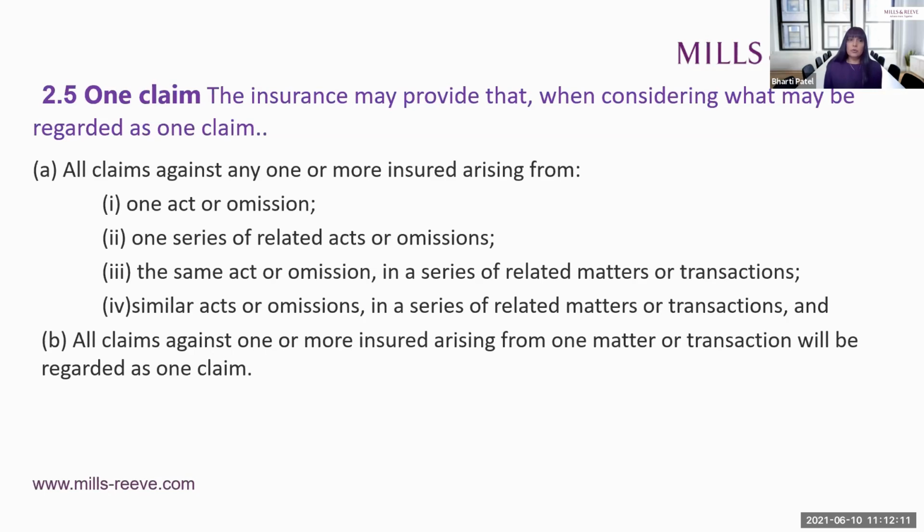So turning to limb 4, similar acts or omissions in a series of related matters or transactions. And that's probably the scenario we come up against the most. And as I said, it's that last bit, related matters or transactions, that came under scrutiny in AIG Woodman, which went all the way to the Supreme Court. The case takes us somewhere we're unfortunately not allowed to go at the moment, and that's 2 holiday property developments, one in Turkey and one in Morocco. And briefly, the insured were instructed to hold the investors' monies and only supposed to release them when adequate security was in place.